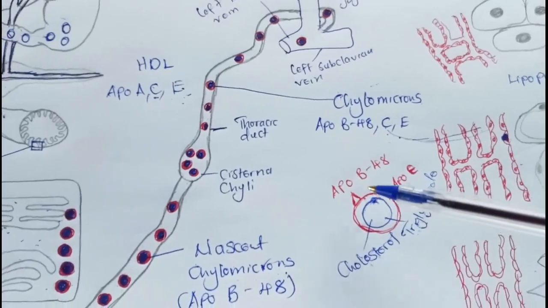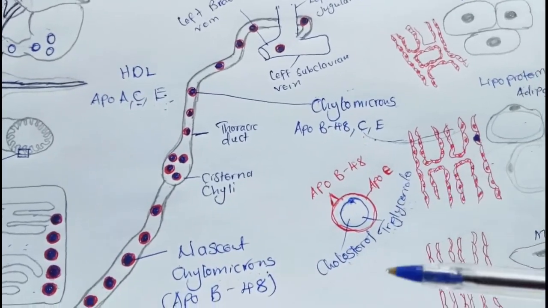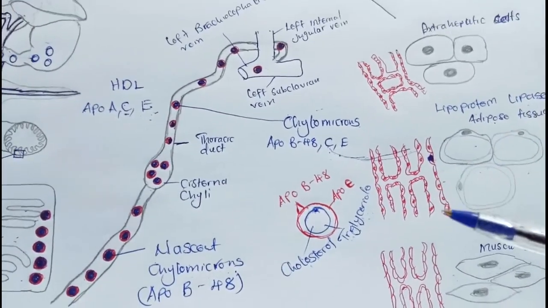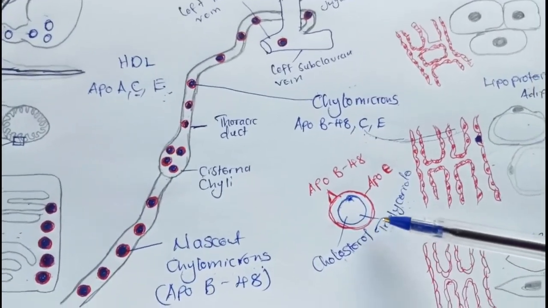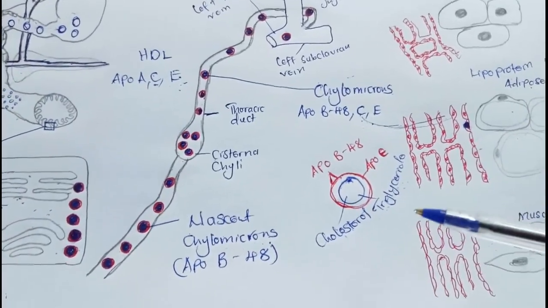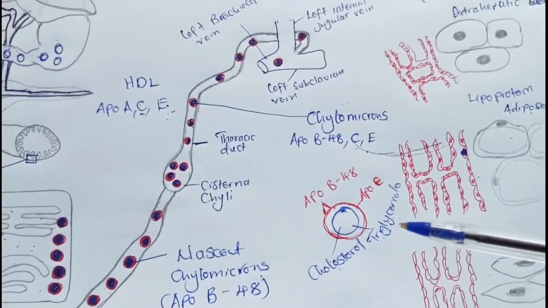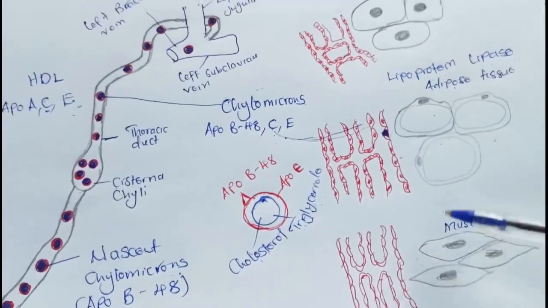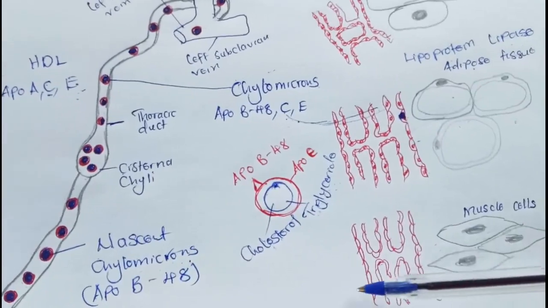They also contain ApoB48. Remember that ApoC has been released, right? So the lipoprotein lipase will act on the triglycerides, and then the triglycerides will be broken down into their components, which are fatty acids and glycerol. As they are being broken down, these tissues, which are the muscle tissues and the adipose tissue, the muscle tissues will suck out